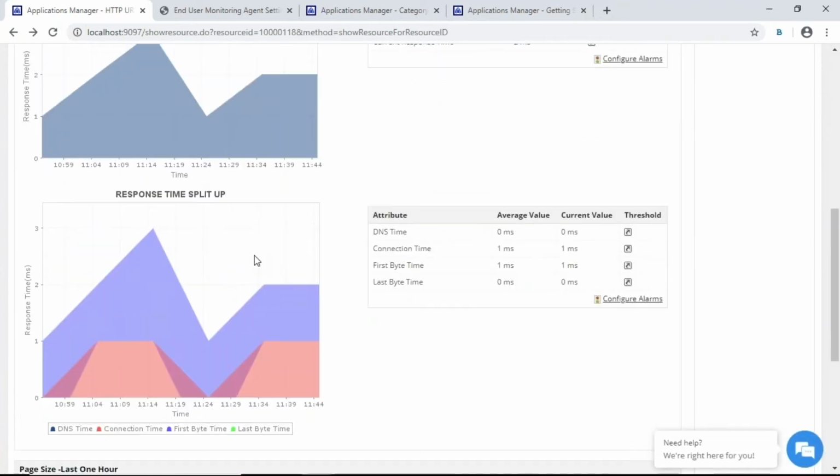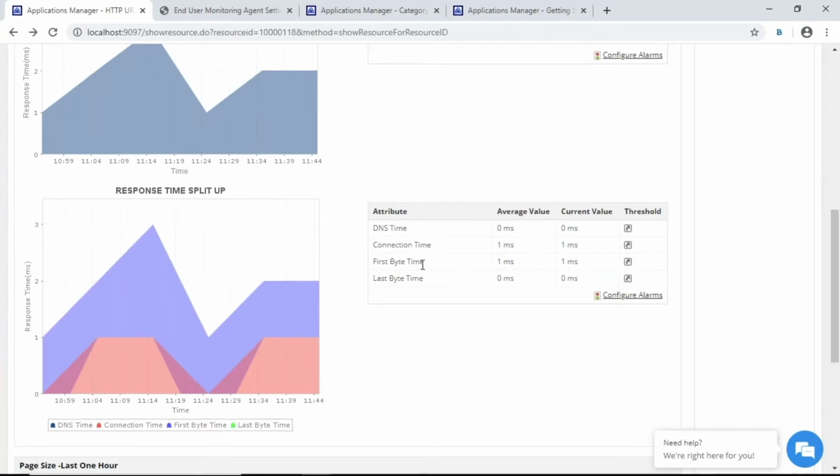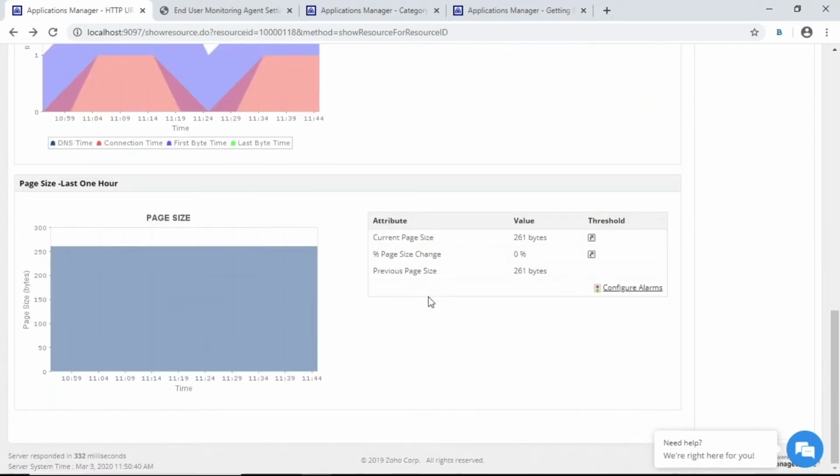And then you can also see the response time split up. So you can actually know what the DNS time contribution is, what the connection time is, what the first byte and last byte time are. And then you can also monitor the web page sizes. So if you do not want the web page to grow, then you can ensure that it doesn't grow beyond